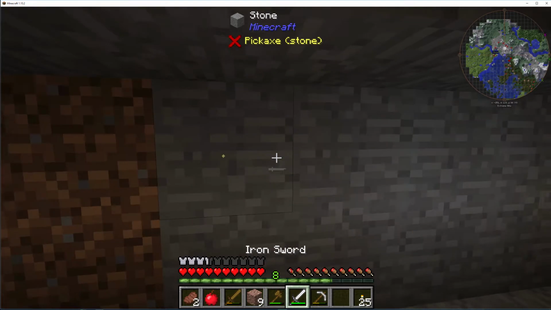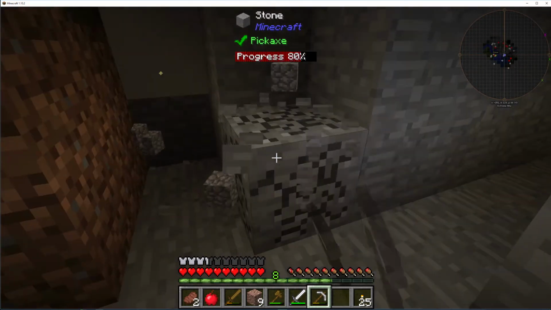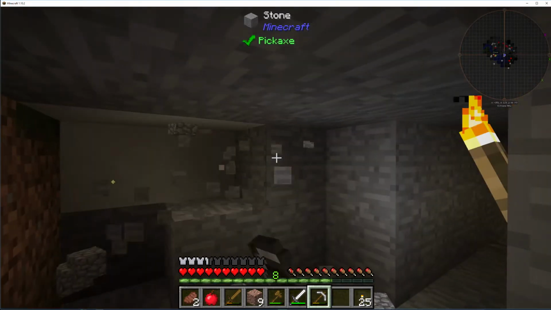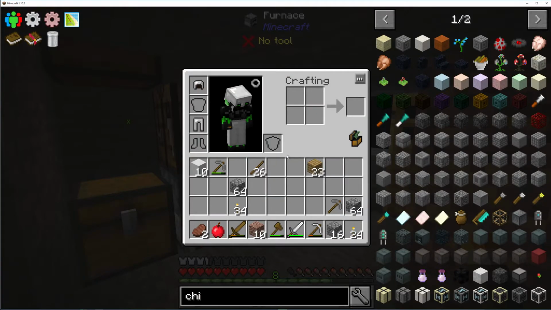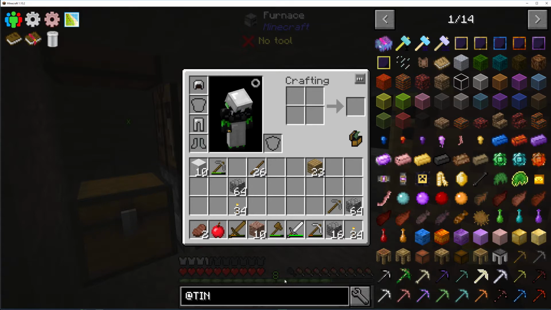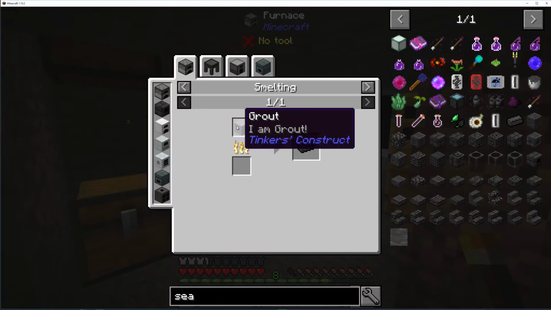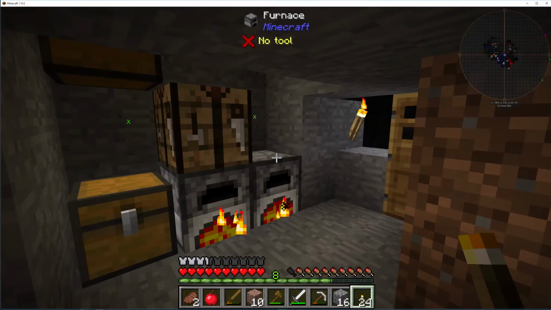Alright, so what I'm going to do is go ahead and open up this area a little bit. This, guys, is so temporary. Okay, so for Tinker's Construct stuff, we're going to need a few things, and I'm sure that I'm going to forget a couple of the things. And it's going to become more as we go on. And for that, it looks like we're going to have to make grout. So we're going to need a lot of sand, a lot of clay, and a lot of gravel. So I may as well